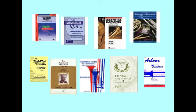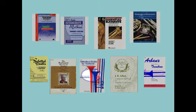The Arban could start to be used by any intermediate student. The range is usually accessible, and it also extends up into the high register and low register. There are definitely things that a 6th or 7th grader could do out of here. Probably not the whole book, but there are definitely some useful things to work on. The Remington is definitely essential. So these 3 books right here, the Remington,